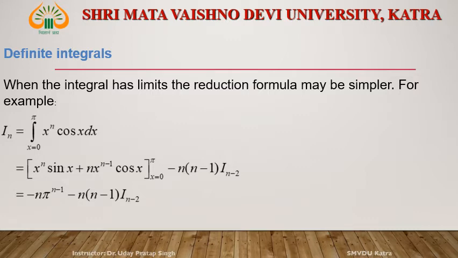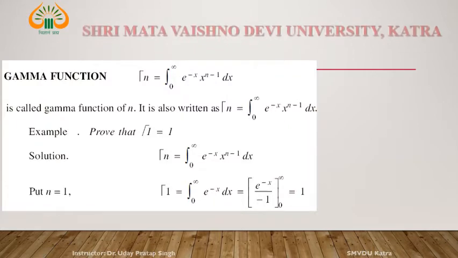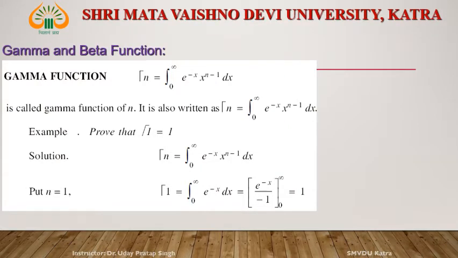So if we evaluate the reduction formula for the definite integral, if the limit is 0 to pi, then this becomes this one. Okay, now see the gamma function. What is the gamma function? The gamma function is defined as a function with domain 0 to infinity, and this is the real number. Gamma is denoted by this notation, capital gamma,